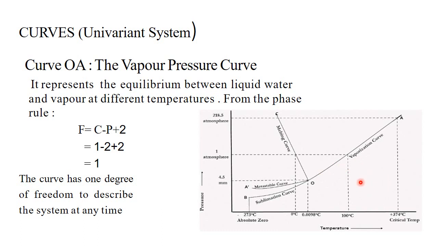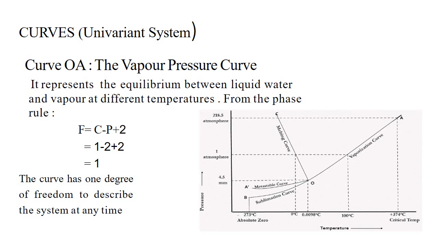So we are just focusing on the system over here, which consists of the vaporization curve. The vaporization curve separates the two phases, that is the liquid and the gaseous phase. So here we are discussing the one component system which exists in two phases. The system here consists of only two phases, so forget the solid phase of the water. We are just studying these two phases. So here the value of P will be 2.